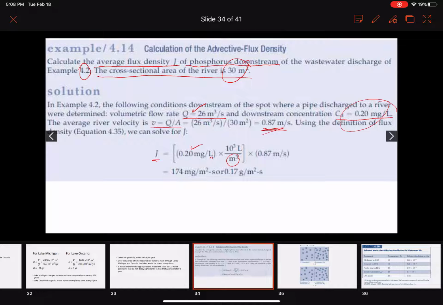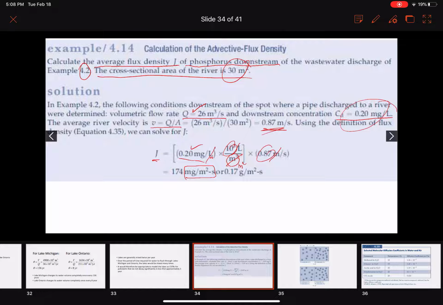Times, you can see why we need that, liter with liter. So, times the velocity. Velocity is 0.87 meter per second. So, like this, the velocity is meter, you could leave it with meter cube, is meter square, and then it's going to be milligram, and you could convert milligram to milligram per meter square per second. So 0.2 times